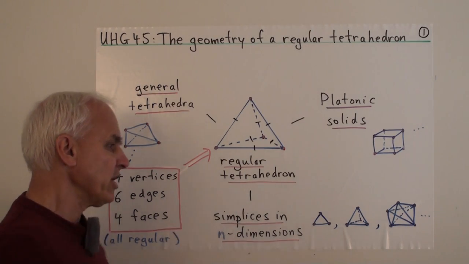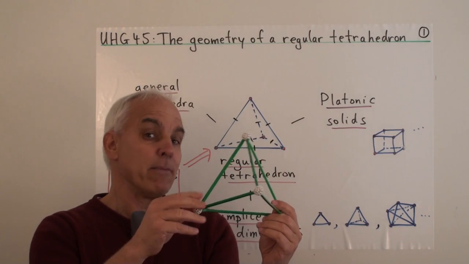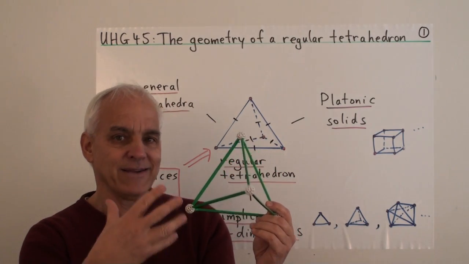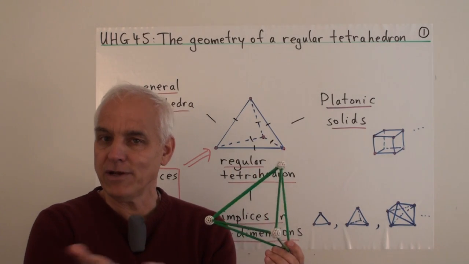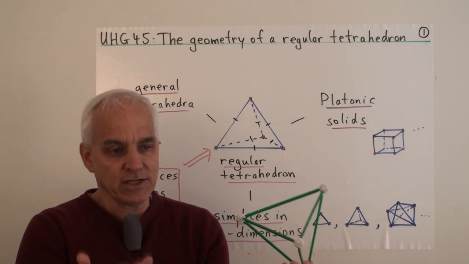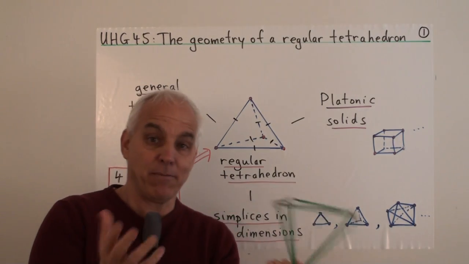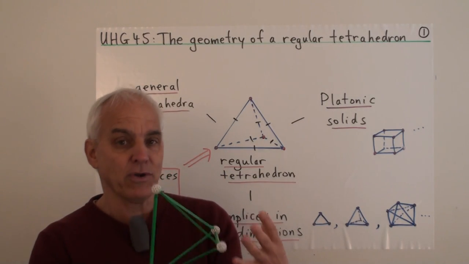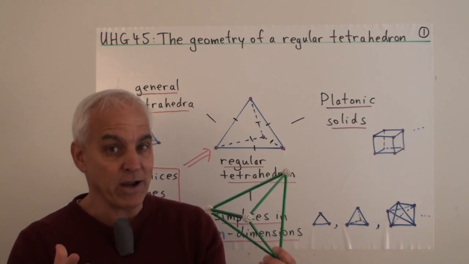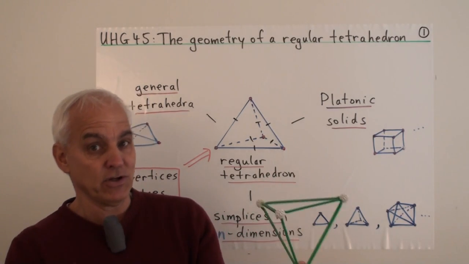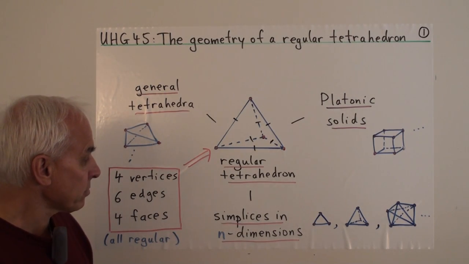Another generalization is to just allow a distortion so that we get a more general tetrahedron. It's a 3-dimensional analog of a triangle in 2-dimensional space. And just as a triangle plays a fundamental role in understanding planar geometry, so a general tetrahedron plays a fundamental role in understanding 3-dimensional space and the geometry in which we live. So that's another important generalization.